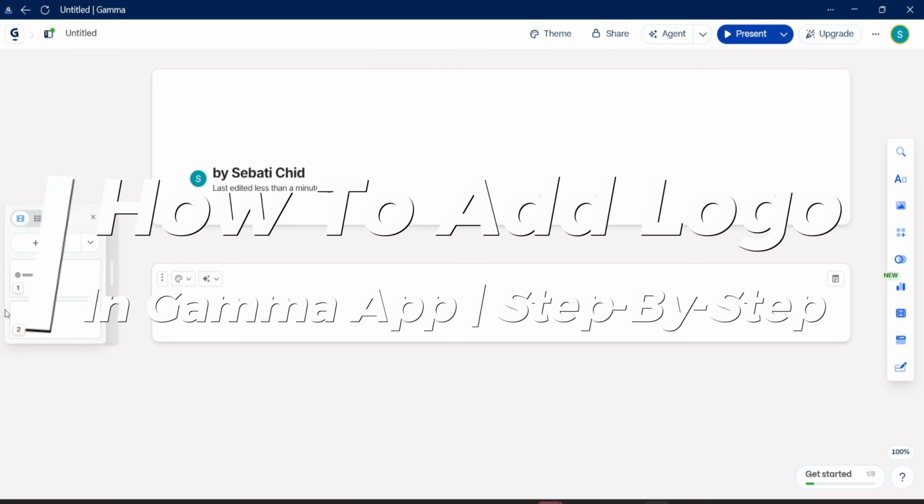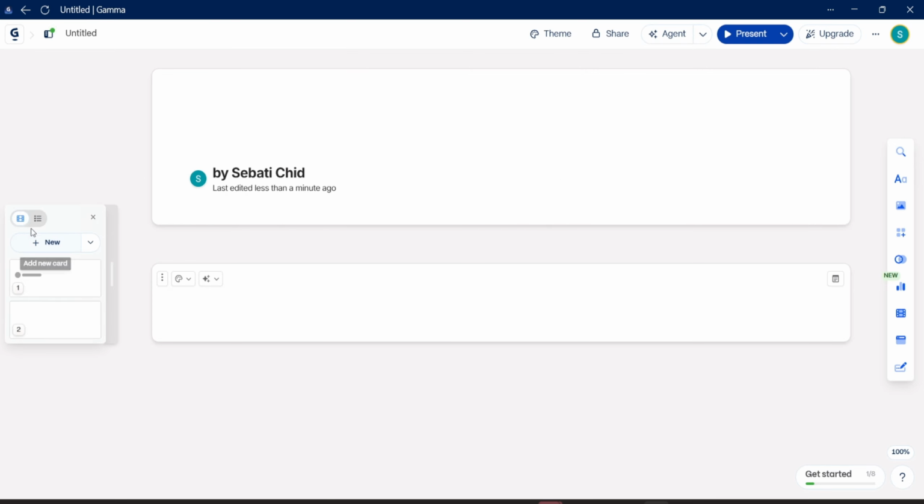How to add a logo in your Gamma app. So one way you can do this, and it should just be similar with the other templates or other projects you're doing in Gamma, you can go ahead here to the top section of the right tab, and